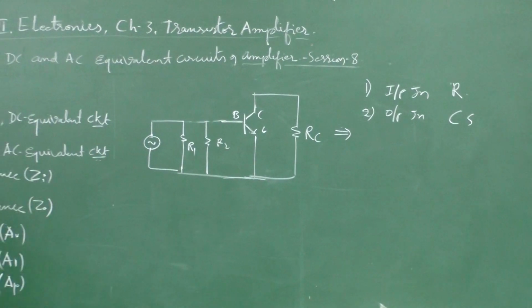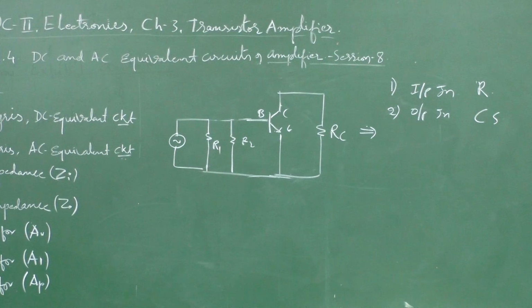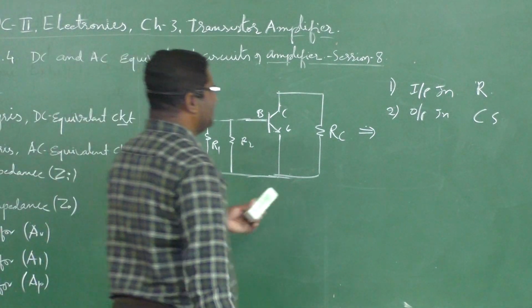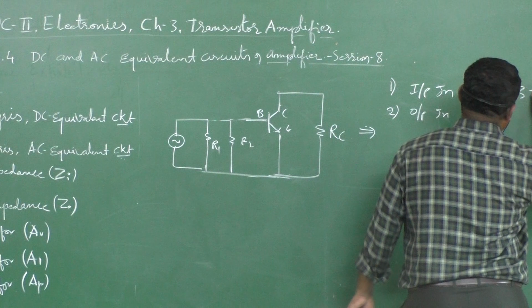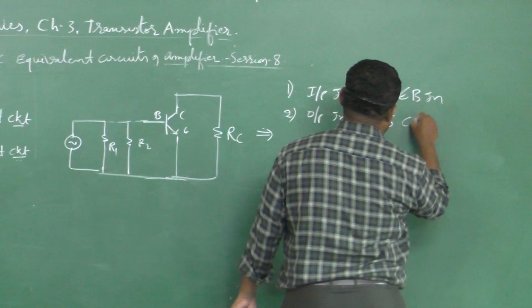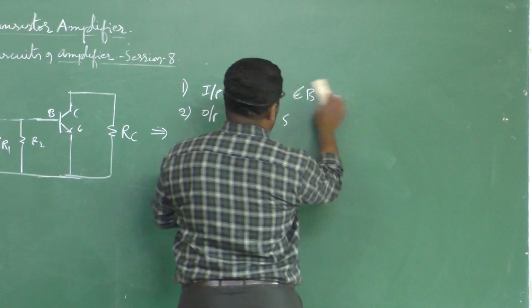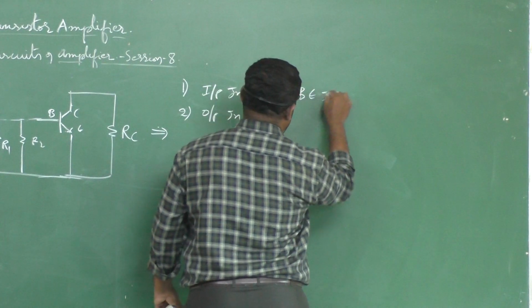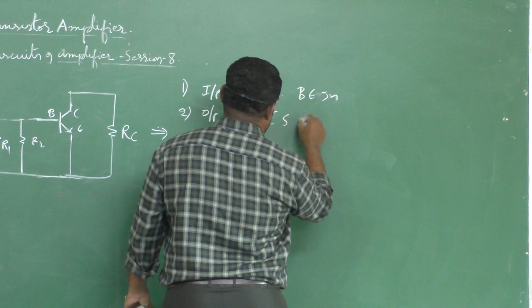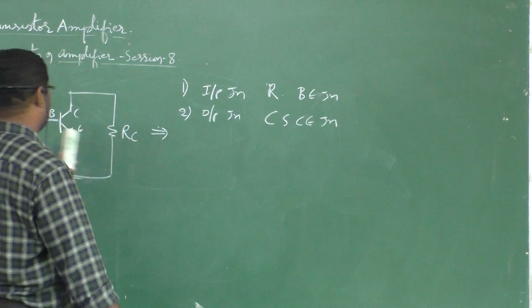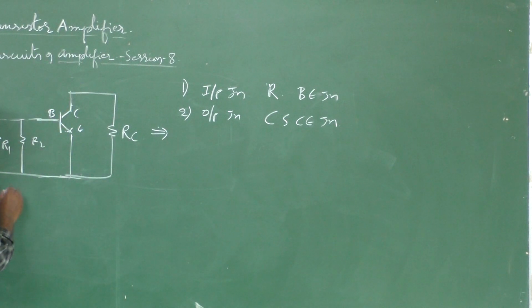So what is that exactly? Replace the emitter base junction with the AC resistance, that is nothing but impedance. And the second condition is replace the collector base junction with a constant current source, CCS. Input junction is nothing but the emitter base junction, and output junction is nothing but the collector. Instead of like this, what I would like to write is the BE junction, and because the emitter is common, the collector and emitter junction. So like this we have two junctions, input junction and output junction. The same thing we can write here.